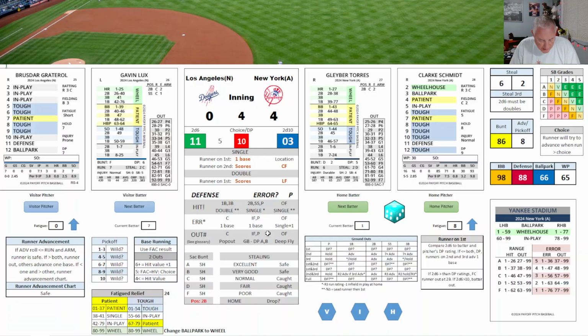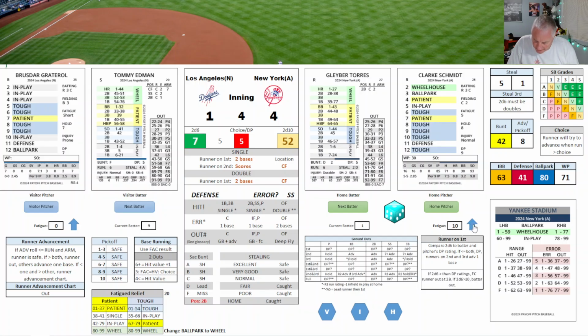Ground ball, could be double play, but it's not going to be. He's going to hold. Runner on second, he holds. 2 down. 7, patient, 52, base hit. Base hit, and the run will, we go here. So actually we check a different spot. So single for Hernandez. Will Smith is a speed 7. 7 is going to be hit value +1, and that is a run scored. So Hernandez knocks in Smith to make it 4-1.